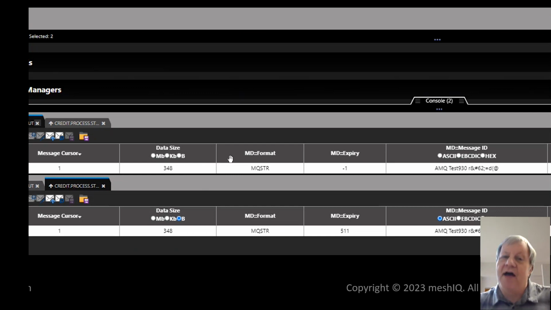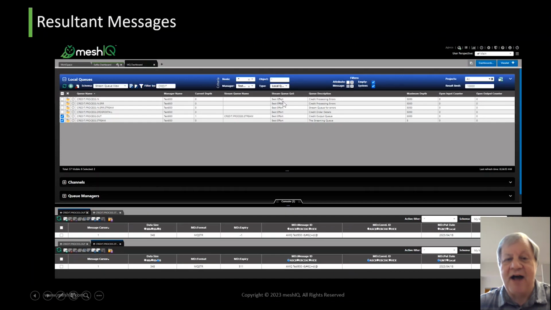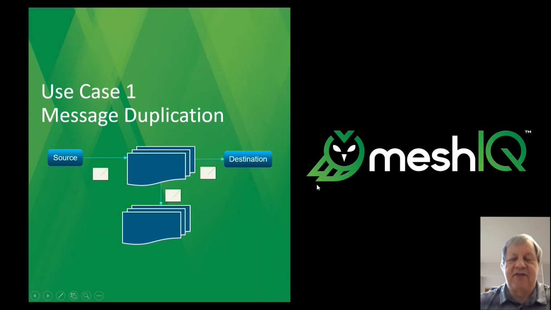Again, if you're trying to emulate a copy of that message for another part of the application, then for the same reason you want it to expire when the original expired as well. So a lot of flexibility in that. Those are some very simple examples of how we can use some of those settings to our own benefit.